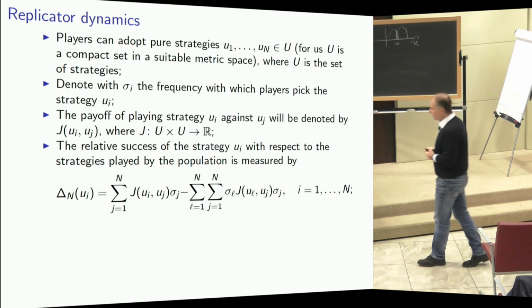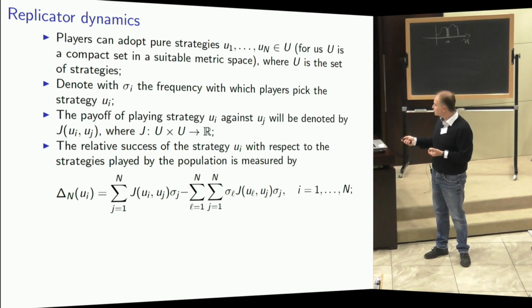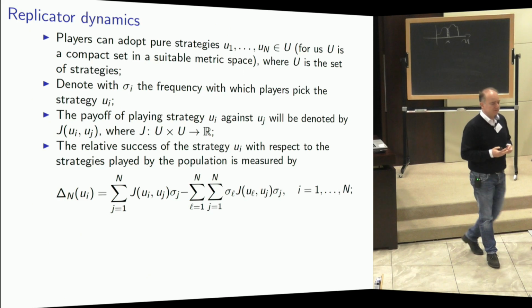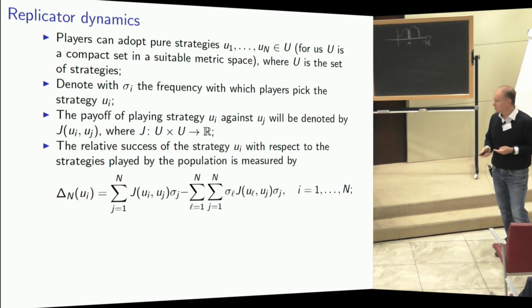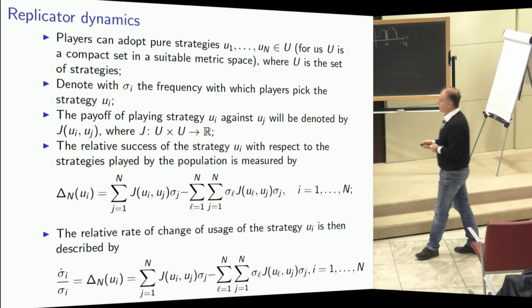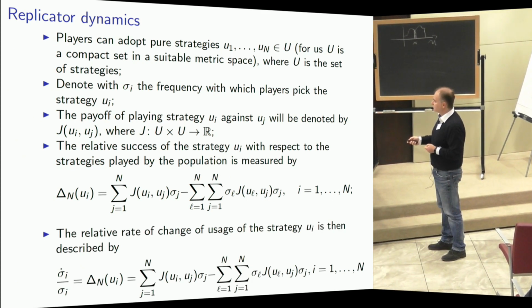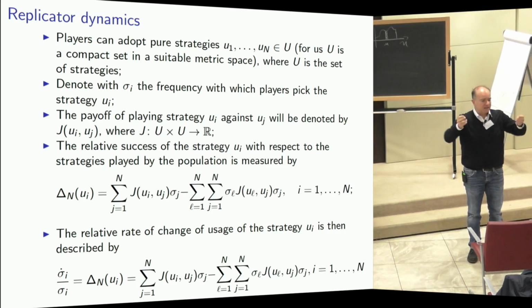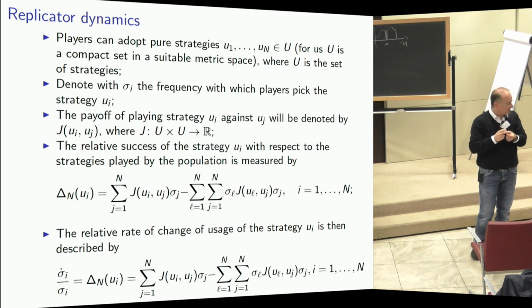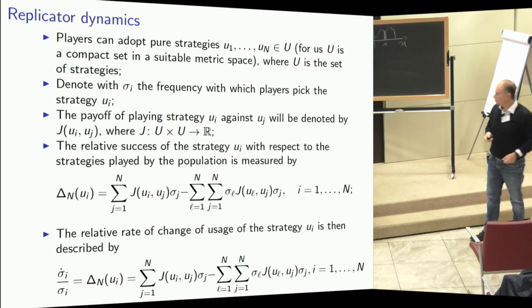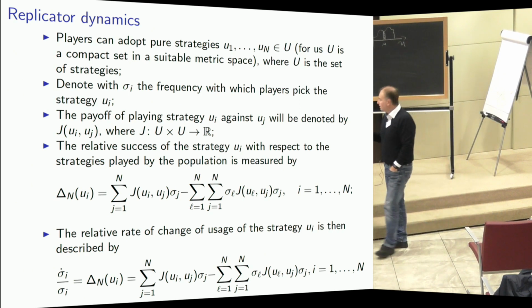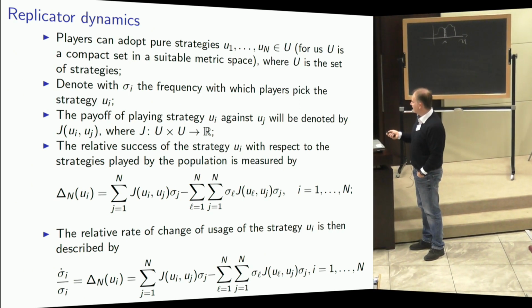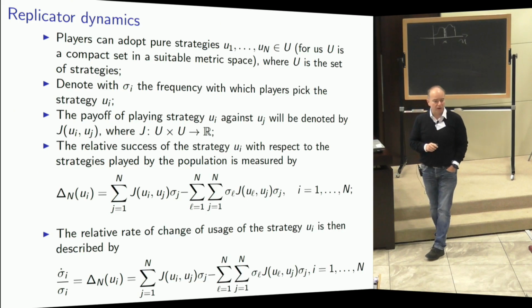And if I play strategy u_i and my payoff is larger, then in a certain sense this delta is promoting that type of strategy. The way of promotion comes, of course, by increasing the relative rate of change, increasing the probability distribution at that point, hence the relative rate of change is really proportional to this quantity. It's like taking a bit of mass and putting it in the strategies that you want to promote. Okay, and you go on with this kind of iteration, and this is called the replicator equation in the